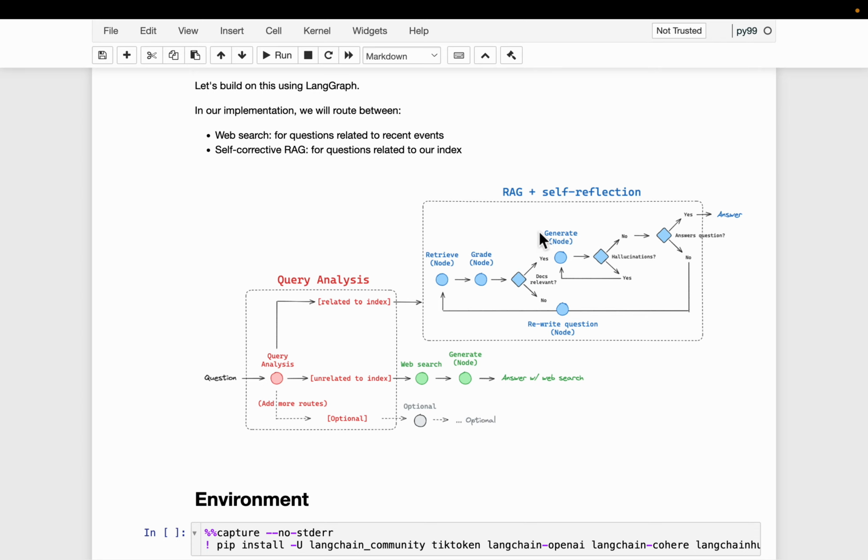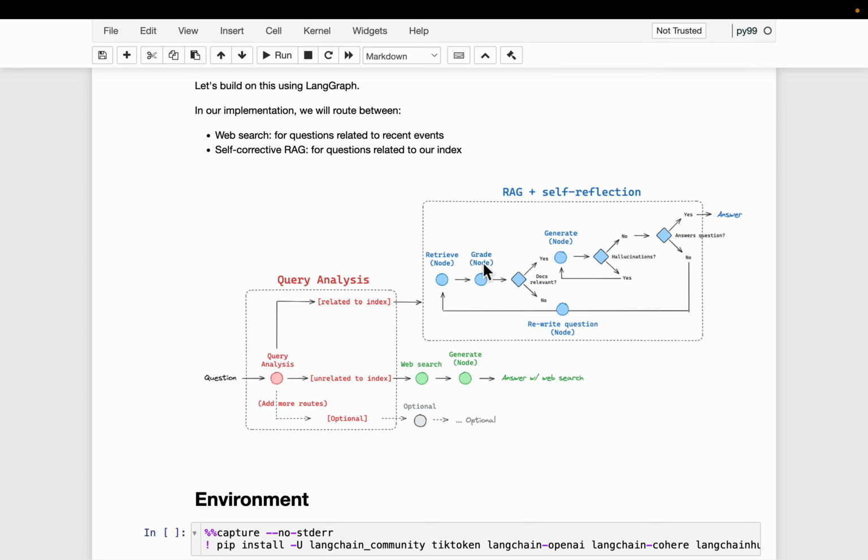Now let's say all 5 are irrelevant. What it does is it says, hey, all these retrieved documents are not relevant. Maybe I'll reframe the question so that when I do the retrieval again, I will get better results.